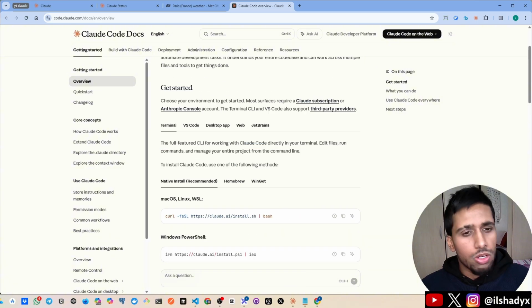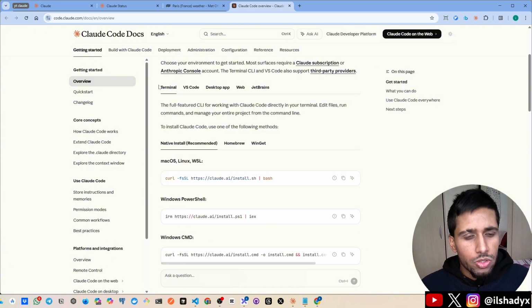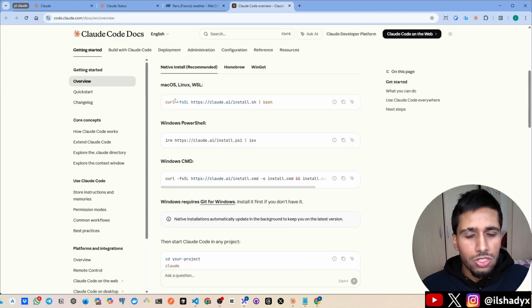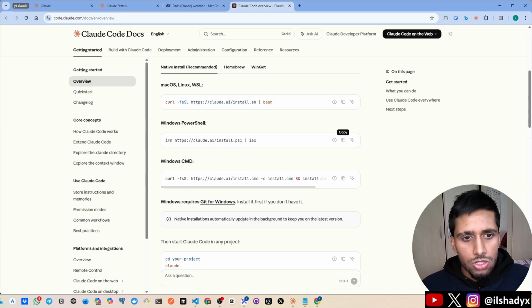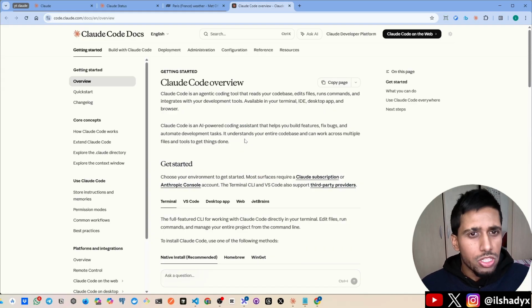I'm using Windows right now, and you can install it in numerous ways: desktop app, web, VS Code, terminal. I prefer to use terminal, but if you want, you can install it to your VS Code. And you can install it on your Mac, your Windows, however you want. I'm using Windows, so I would install it by this. Just follow this command, paste this in and open your PowerShell. So just insert this and it will install it. So once you've installed it,